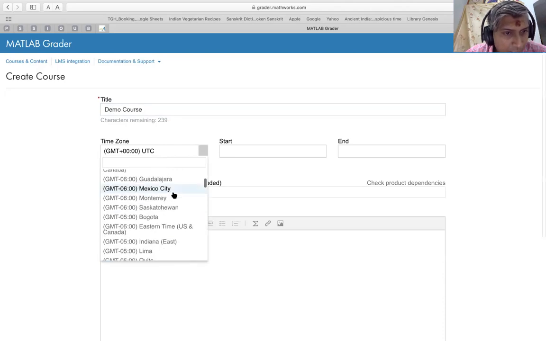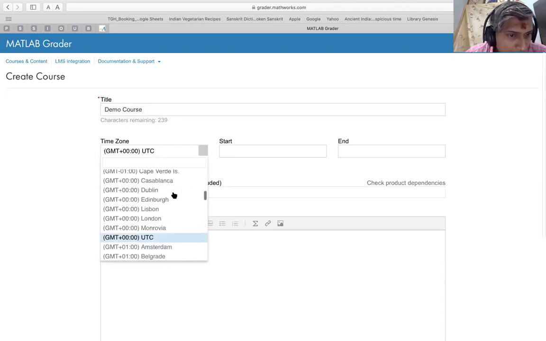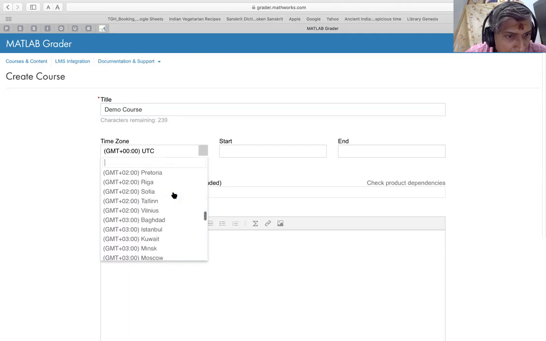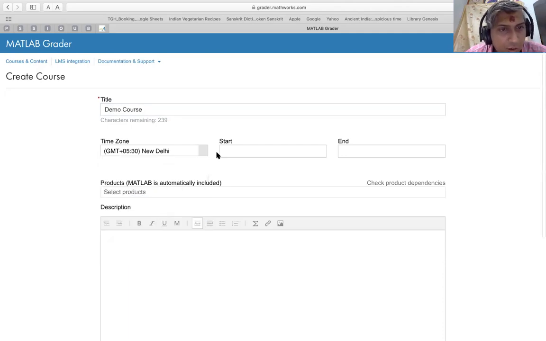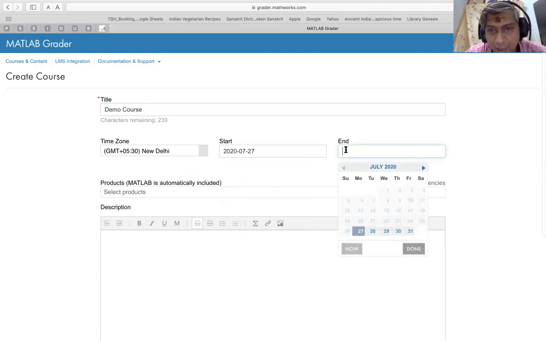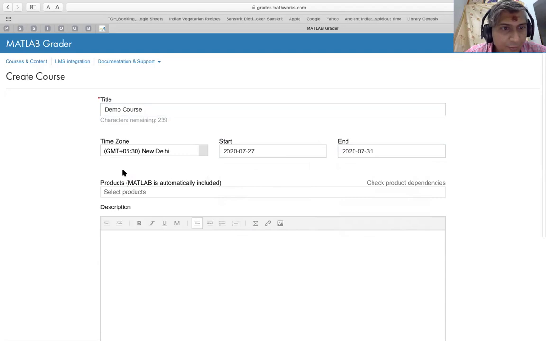Let's say we are in the Indian time zone, which means that we are 5.5 hours ahead of GMT. Choose that, and you can choose the start date. Let us say today, and let's say we are going to end this course on Friday.